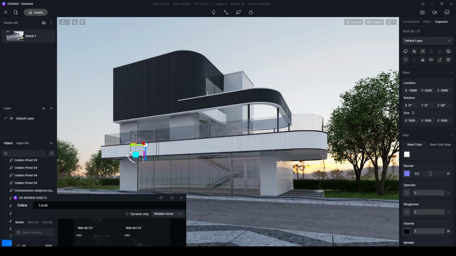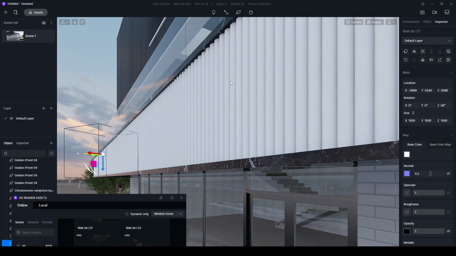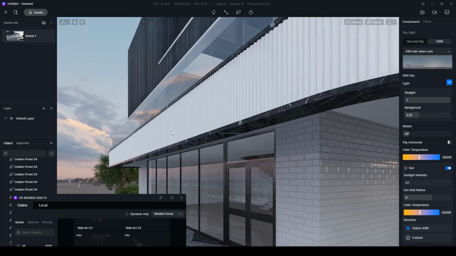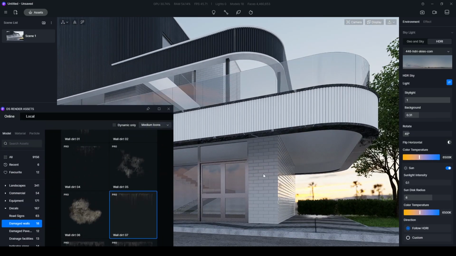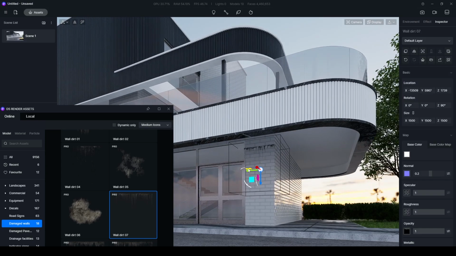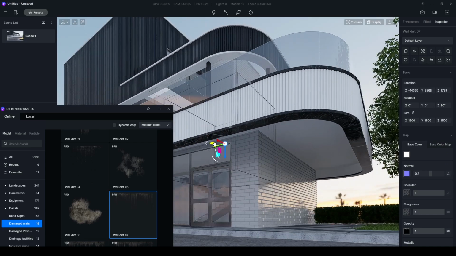But as you can see, we have some problem because this surface is not rectangular, it's circular. Therefore, to place this decal, we are going to click a flat surface, for instance this wall. Once we have done that, we can move it to its proper position.